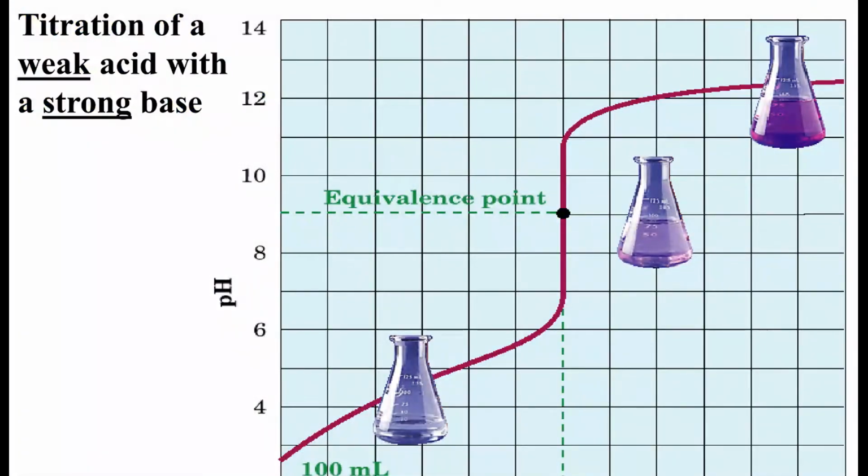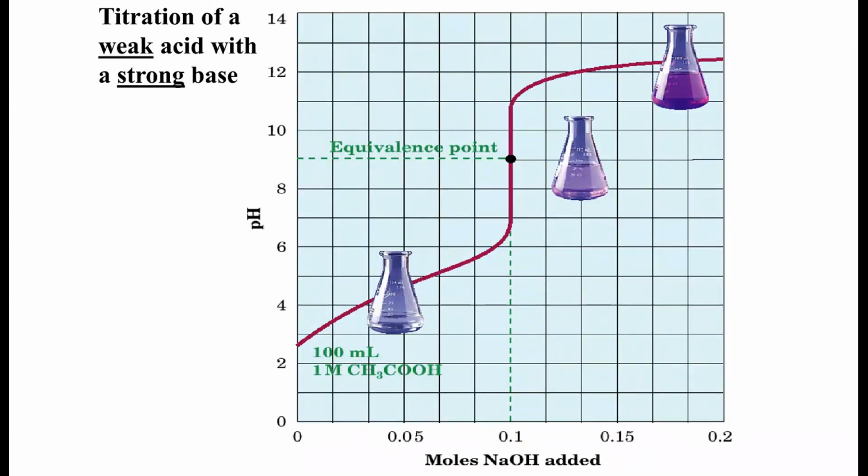So this is what a titration curve looks like of a weak acid and a strong base. If it's a weak acid, it's going to start down here, maybe around 1, 2, 3, 4, 5, 6, something like that. And what happens here is we have sodium hydroxide. We start adding sodium hydroxide down here, and the pH rises, and